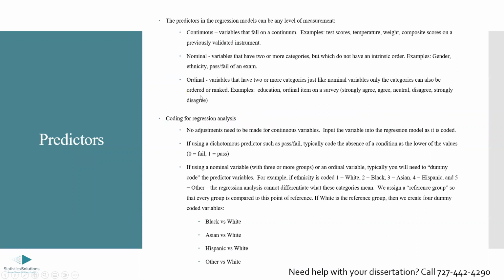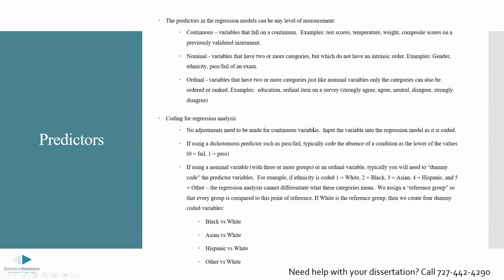So again, I've provided the definitions of these here. The predictors in your regression model can be any level of measurement. They can be continuous, nominal, ordinal. You can have one predictor, you can have a combination of these. There's no real limitation. But there are things to keep in mind when you put these predictors into a model in SPSS or Stata or